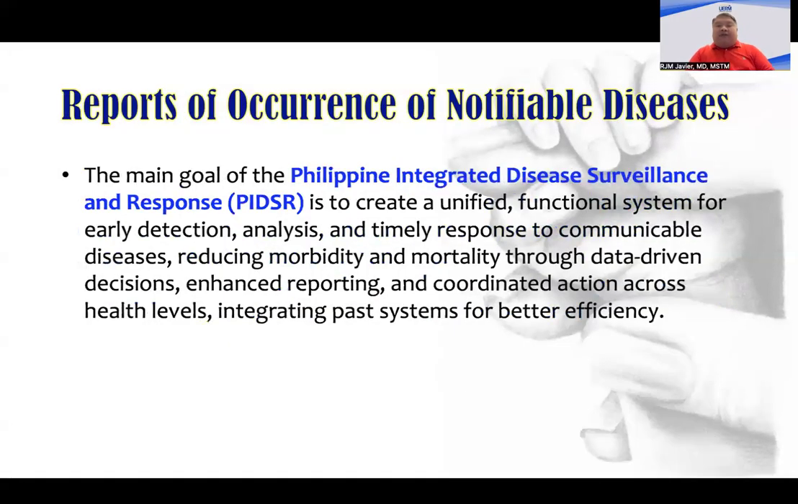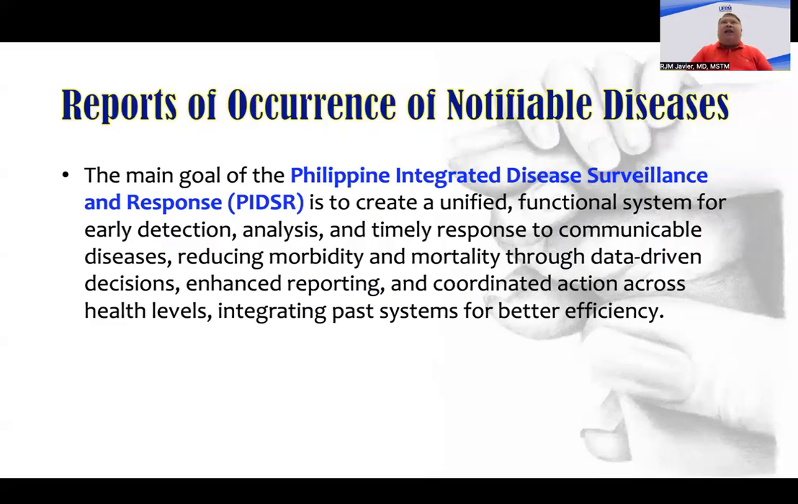Now, we also have the PIDS-R. The PIDS-R stands for the Philippine Integrated Disease Surveillance and Response. And what is the main goal of creating the PIDS-R? It is basically to create a unified functional system for early detection, analysis, and timely response to communicable diseases, thereby reducing morbidity and mortality through data-driven decisions, enhanced reporting, and coordinated action across health levels, integrating past systems for better